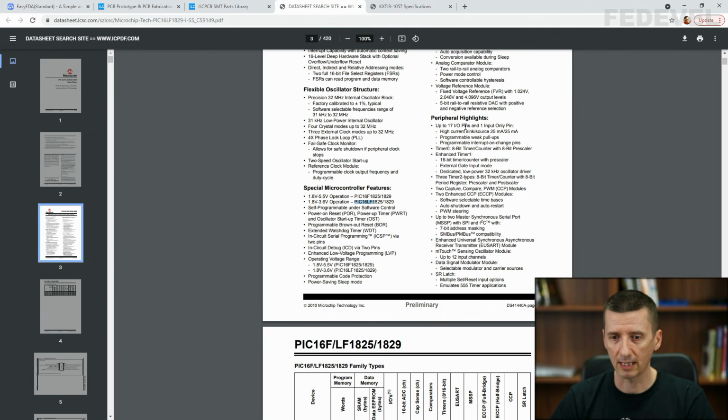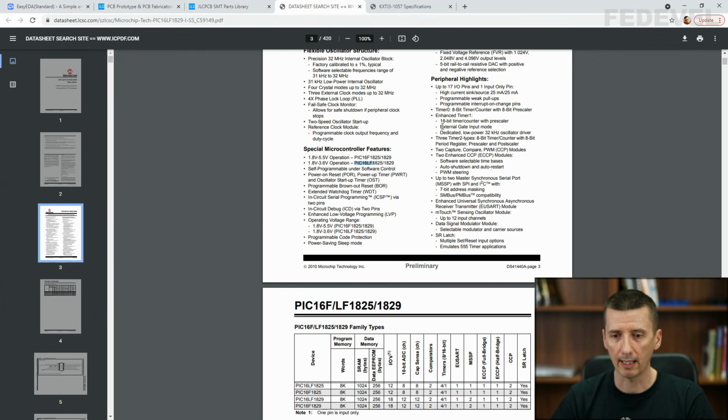Up to 17 IO pins, programmable weak pull-up resistors. This is also good, because then we can save space on some of the components. We don't need to add extra external pull-ups. Programmable interrupt on change pins. This is important because we would like to support interrupt for the push button, and also interrupt coming from the accelerometer.